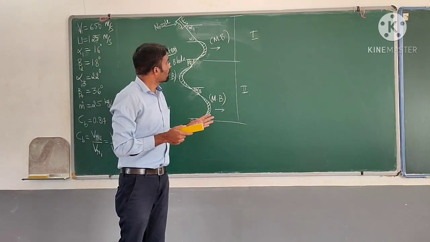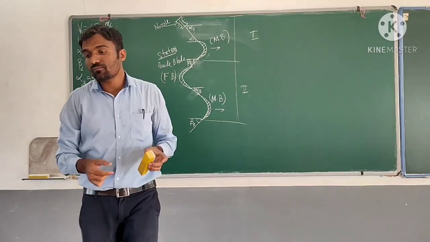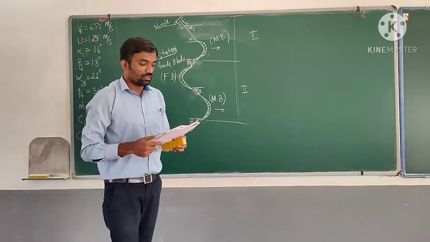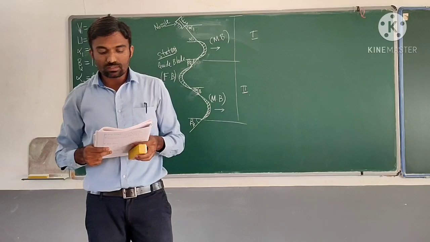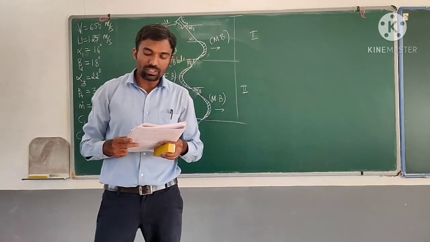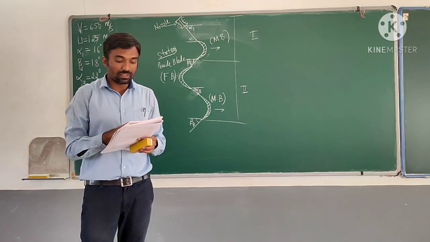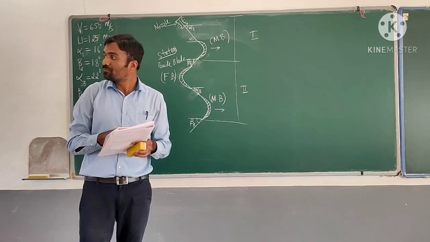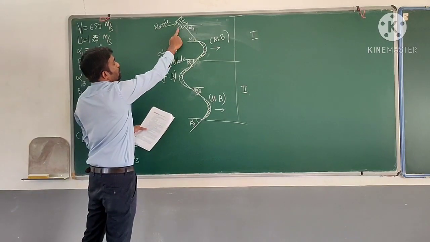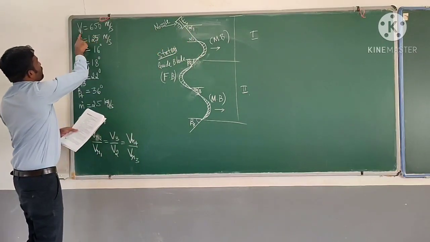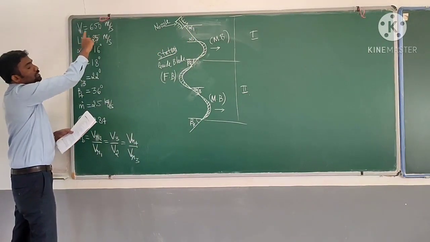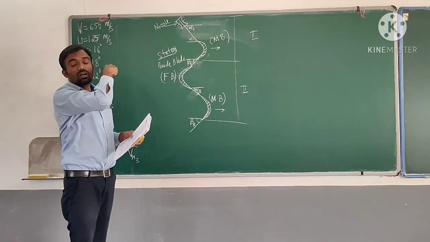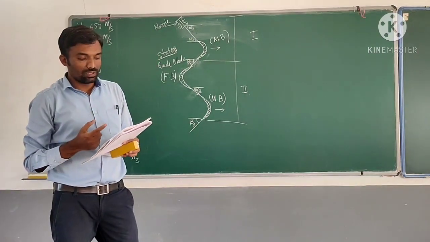So let us consider a particular problem and we will try to identify the given data as we have discussed in the figure. So the problem is like this. The following particulars relate to a two-stage velocity compounded impulse wheel. It is an impulse turbine. So the data is like this. Steam velocity at nozzle exit is 650 meter per second. As I told, at the exit of the nozzle, it is the steam velocity, which is v1. It is 650 meter per second, so that is the inlet velocity. The high enthalpy will be converted into kinetic energy, or the velocity of the steam.